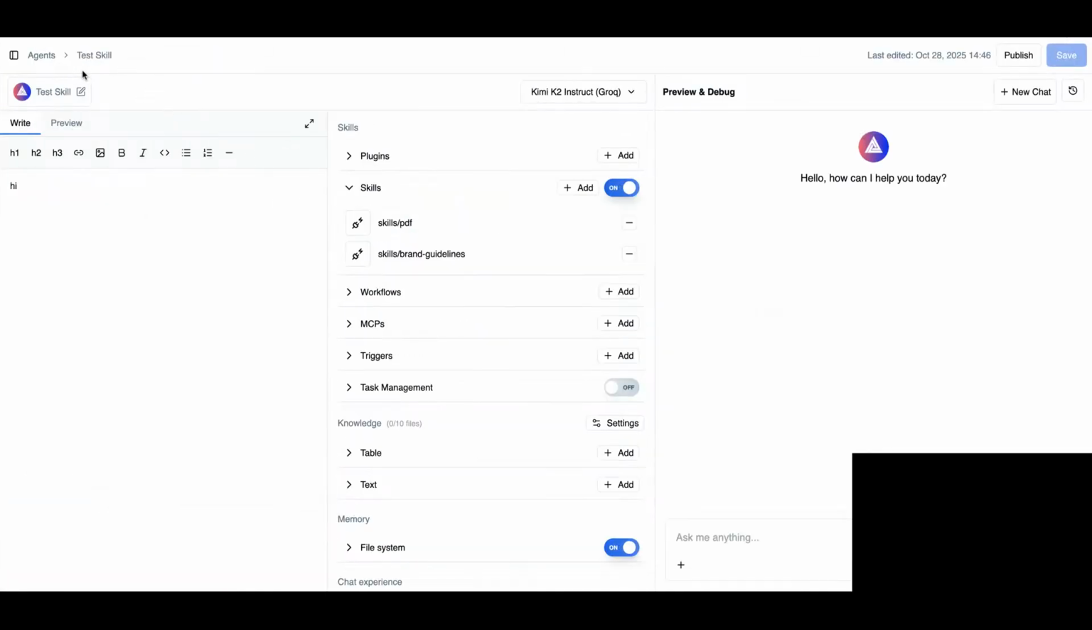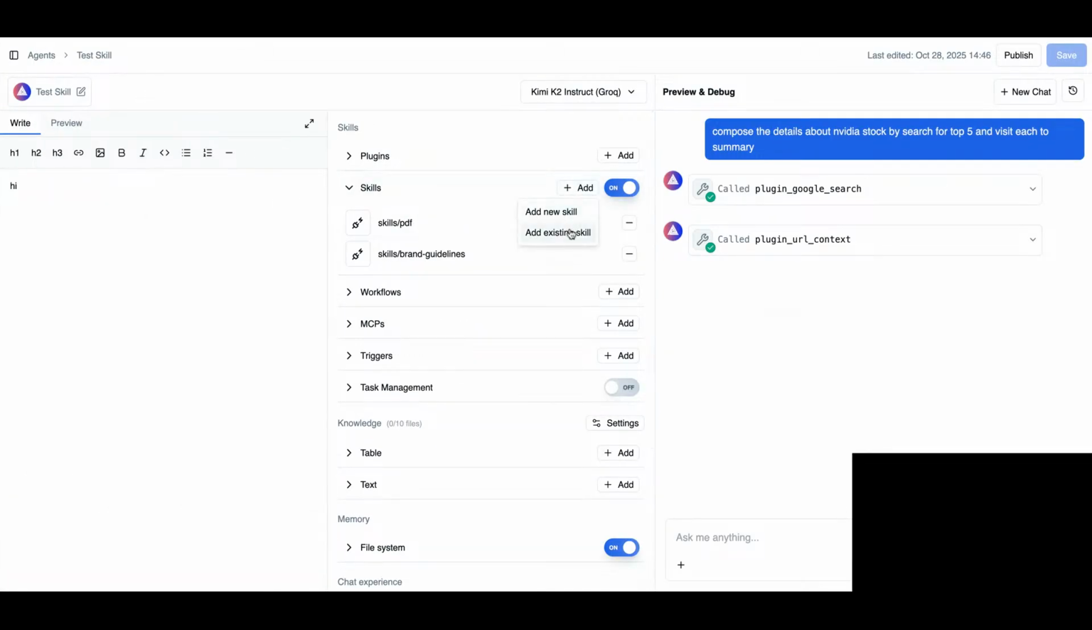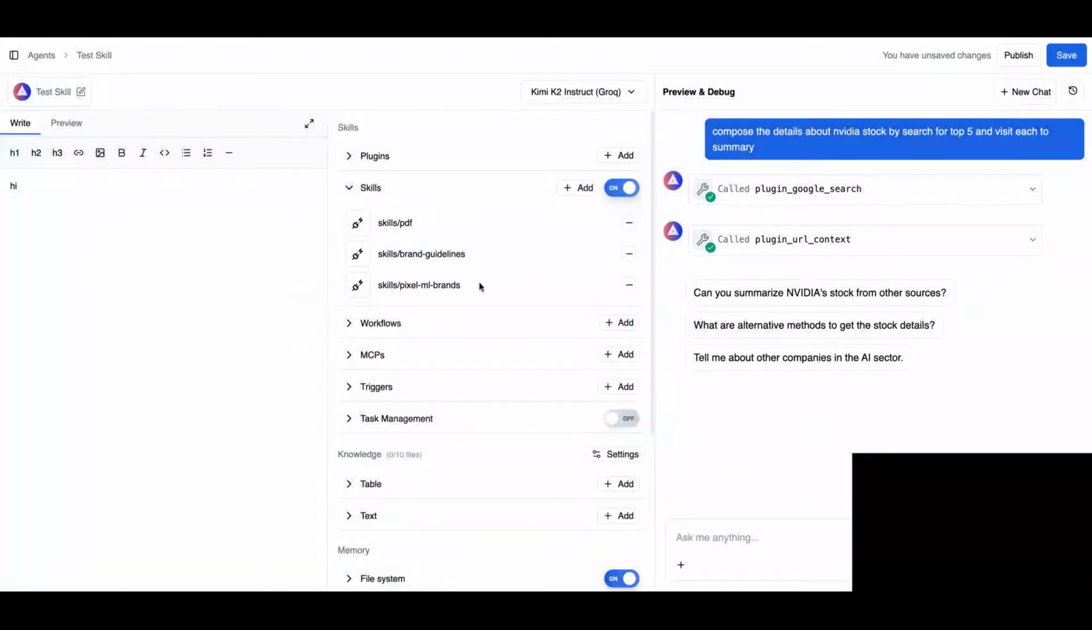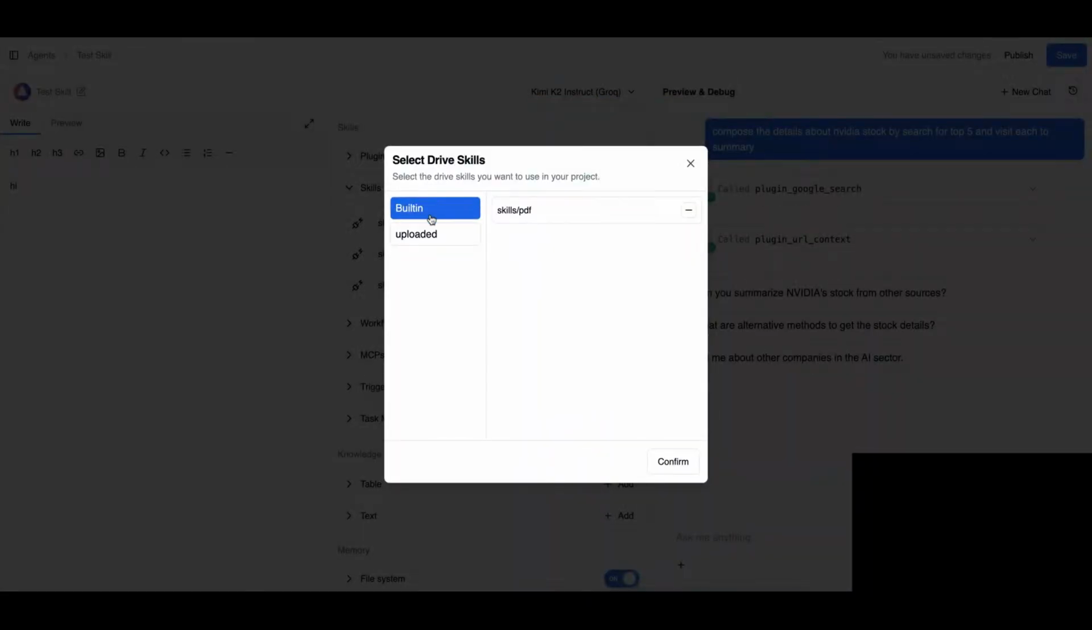So this is another agent, right? This one doesn't have that skill we have. So we can click here, add new, existing. As you can see in here, in the uploaded tab, it will consist of 2 skills that we already uploaded and 1 skill that is already in our agent, but the other skill is not in our agent yet. So you can just add this new skill into your agent, and your agent will have it, and you don't have to duplicate. And you can go into add existing, and you can click on built-in,